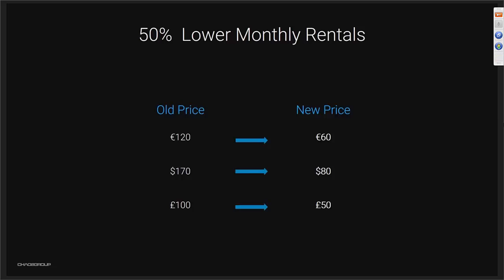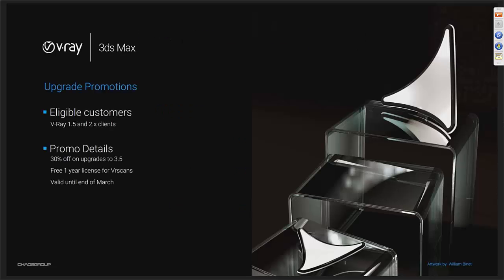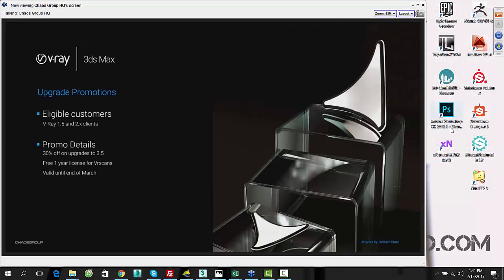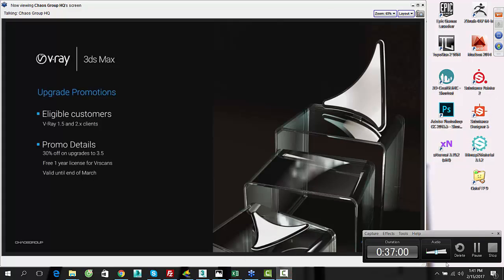As you've seen, there are lots of great new features in V-Ray 3.5. If you have a V-Ray 3 license, you get the new version for free as part of that license. For everyone who has V-Ray 2 or the older 1.5 licenses, we are offering a time-limited offer to upgrade your license with a 30% discount before the end of March. Everyone who upgrades will also get a complimentary license and library access for VRScans for one year. If you have any questions about our pricing and promotions, don't